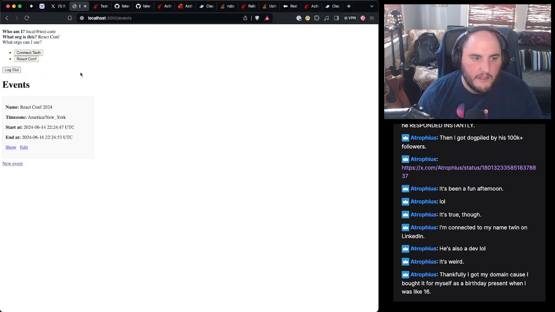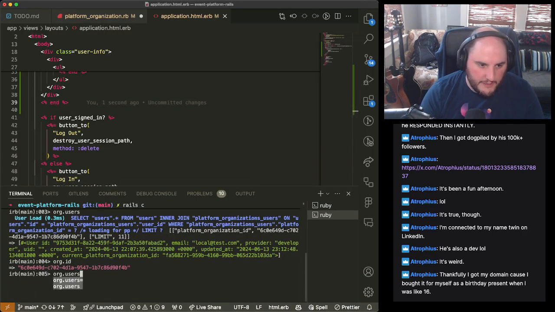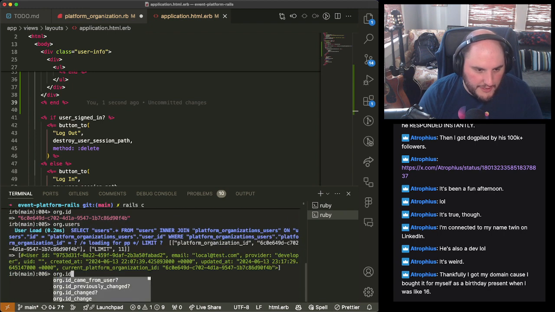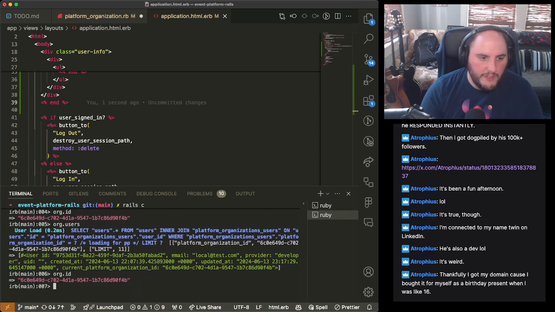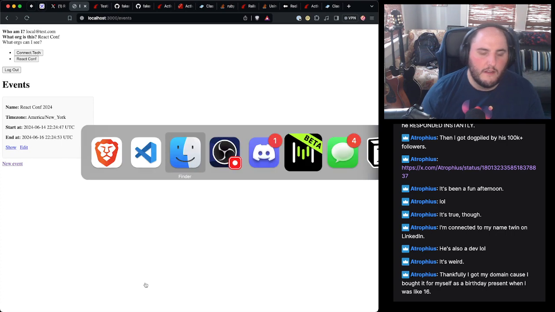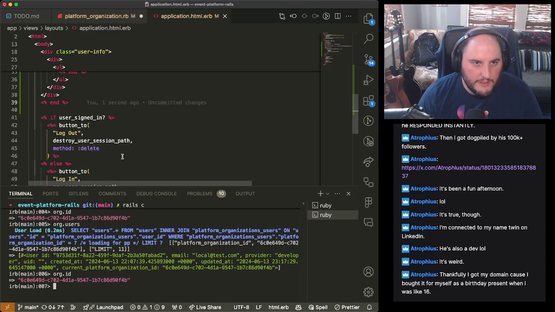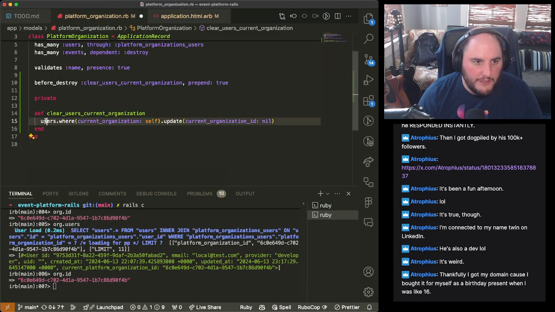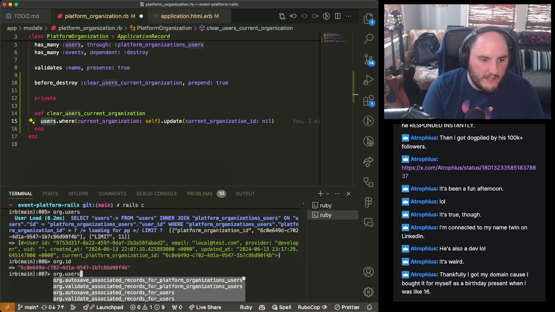So we're in React Conf. This is good. So we do org users and we do our org ID. So if we do our query here, like I was starting to play with in here, if we do org.users, right?